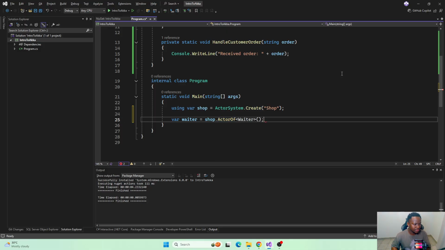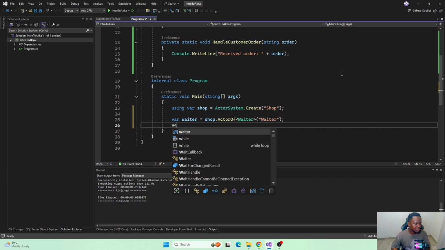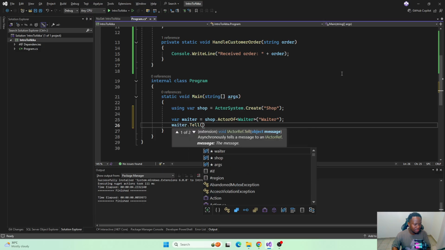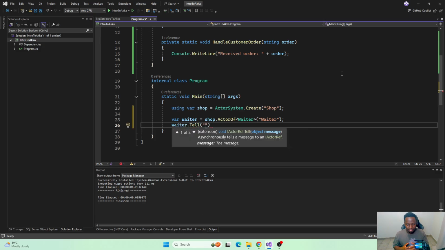Actor of waiter, and we need to... Is it necessary though? Let's just provide the name of the actor. I'll just say waiter, and then with that, we use capital letters, and then with waiter to tell, we're gonna say this is basically this code. This line that I'm writing is basically like a customer telling an actor what to do at the order, right? So I can say